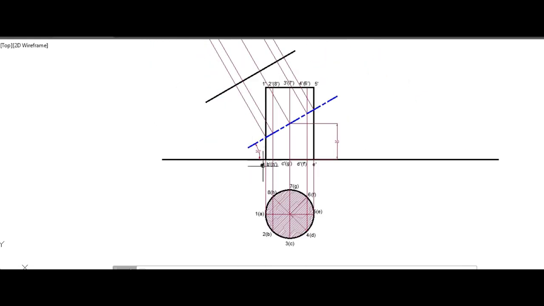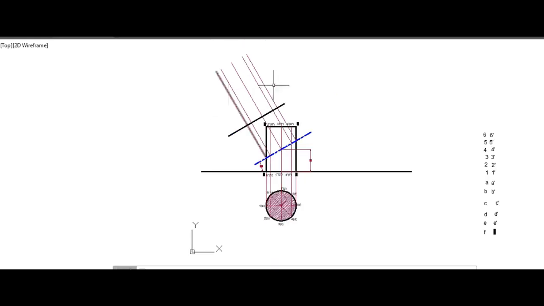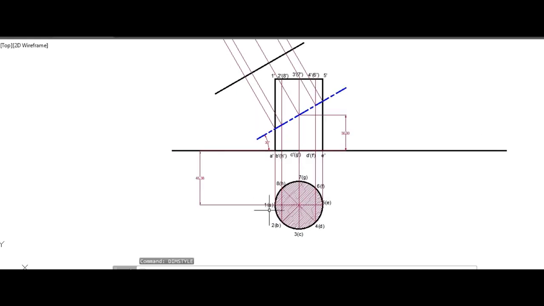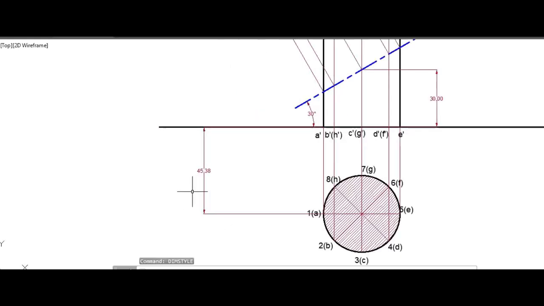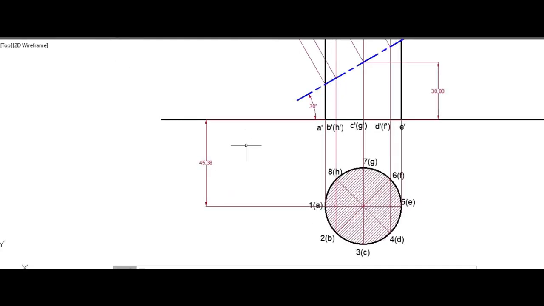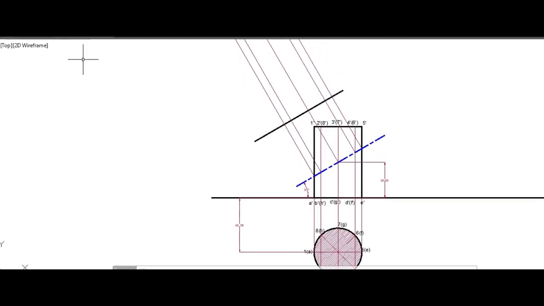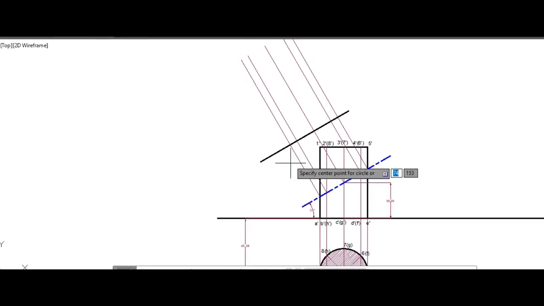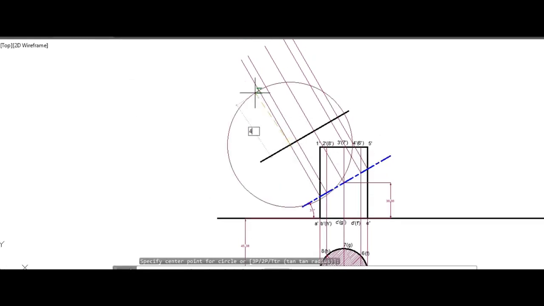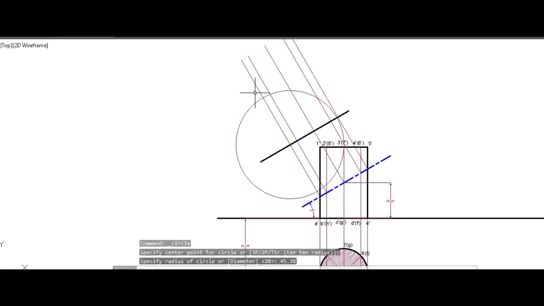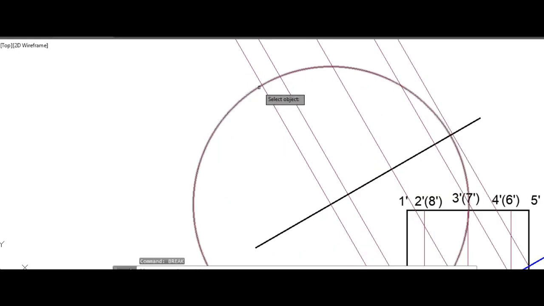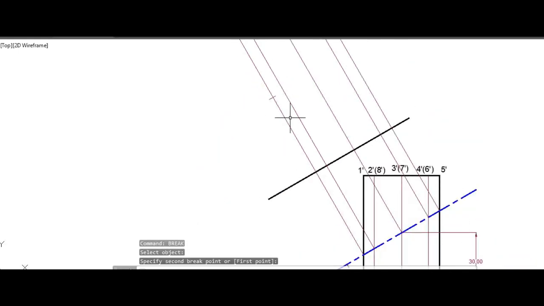Now you have to measure the distances here. Based on that, you have to cut at these locations one by one. The distance for the first one is 45.38, so you cut here at 45.38. This is the first arc.